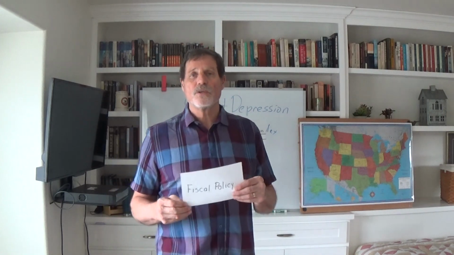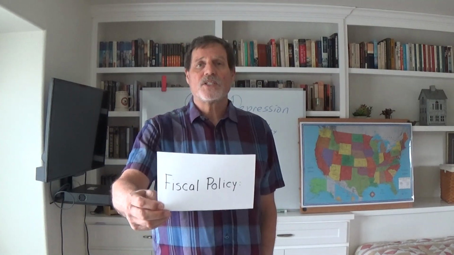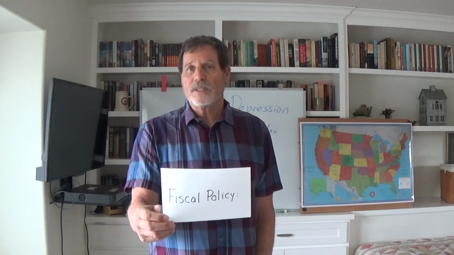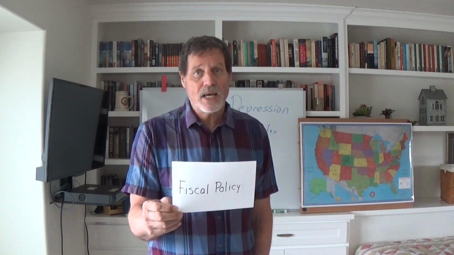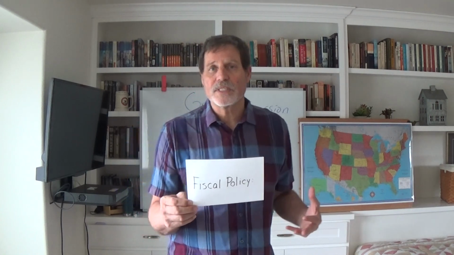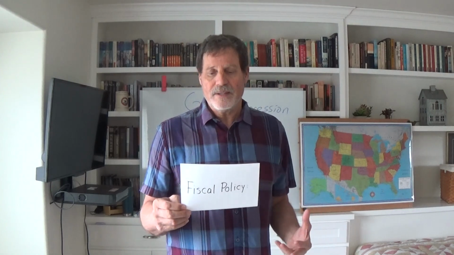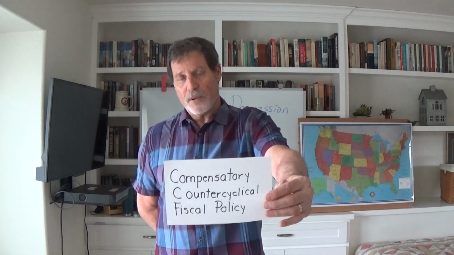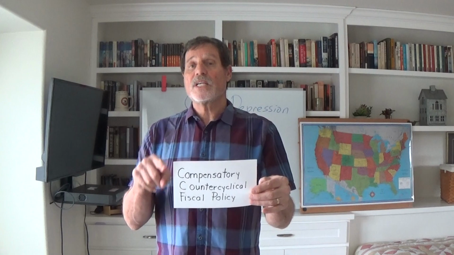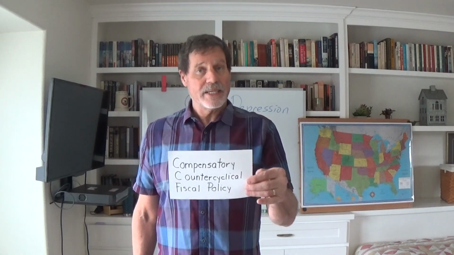And then, of course, there was also the New Deal's fiscal policy. Fiscal policy involves government spending. So one thing that the New Deal understood was that the government is going to have to spend money to stimulate the economy. In the face of a private sector that seemed to be petrified and unable to do anything, someone else needed to step into the situation to promote economic growth. And so the government would embark upon a campaign that is called compensatory counter-cyclical fiscal policy. That's a mouthful right there for you. Compensatory counter-cyclical fiscal policy. Compensatory means to compensate for the lack of private sector investment in a counter-cyclical way.